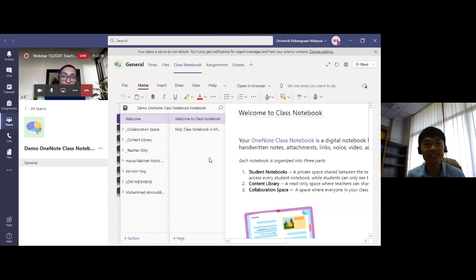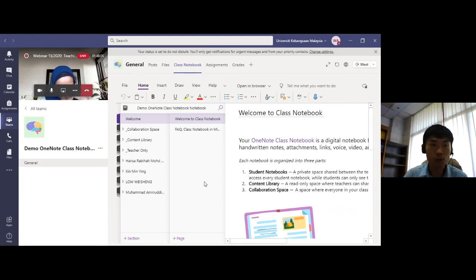Brilliant. Okay, so you do this, and then you go to your OneNote for Windows 10, and then you start planning, then you put the assignments there, so it will be synced automatically. Yes. Okay, good to know. But preferably, if you look at the Microsoft Teams, it also has a class notebook tab here, but the functions are not 100% similar to the one in OneNote.